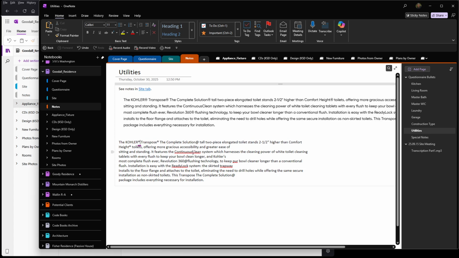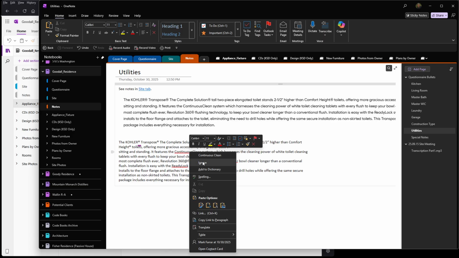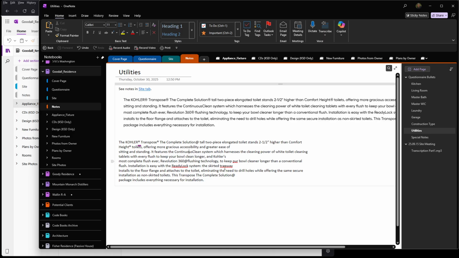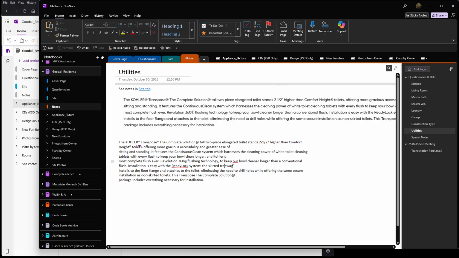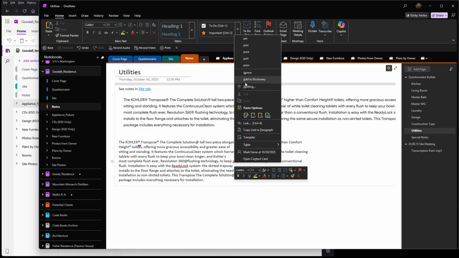So you can see there's some little, continuous clean. So here I can right click this and say ignore it. Quick way is just right click and hit G. See how it's underlined G? If I just hit the letter G, it'll ignore it. It does that function. So any of these functions that have an underlined letter, I can add a dictionary, hit S and it'll make it spelling. Apparently it'll also translate it. It's weird that they're both the same letter. So I'm not sure what you get from that. But at any rate,